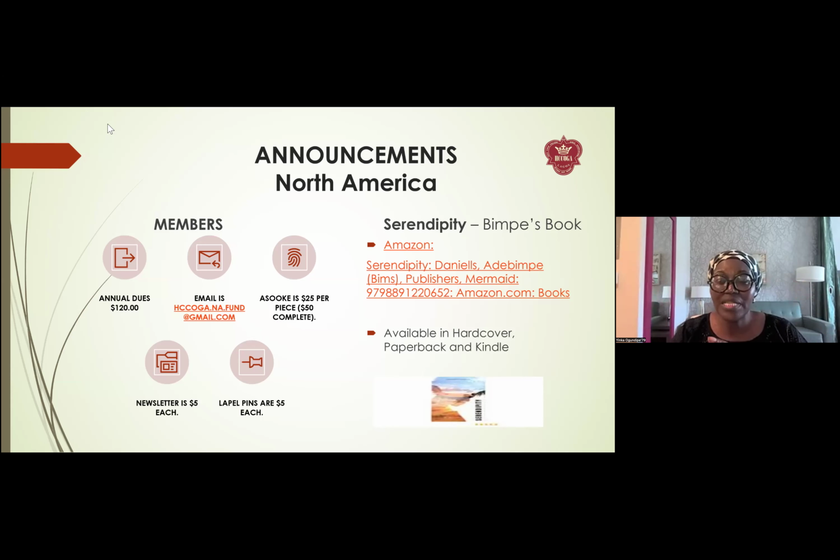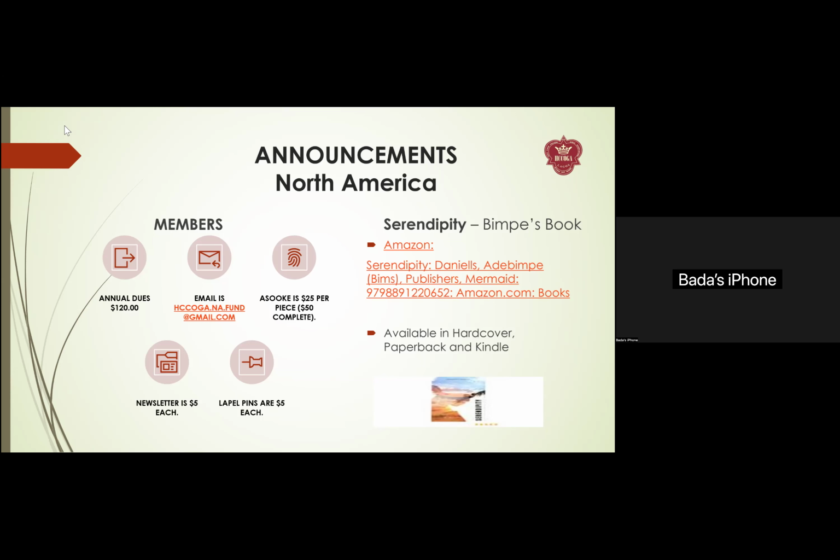The complete set is $50. The individual piece is $25. We also still have a few pieces of the newsletter. It is $5, and the lapel pins are $5 each for anybody who is interested. Again, all these can be paid for by sending the payment to